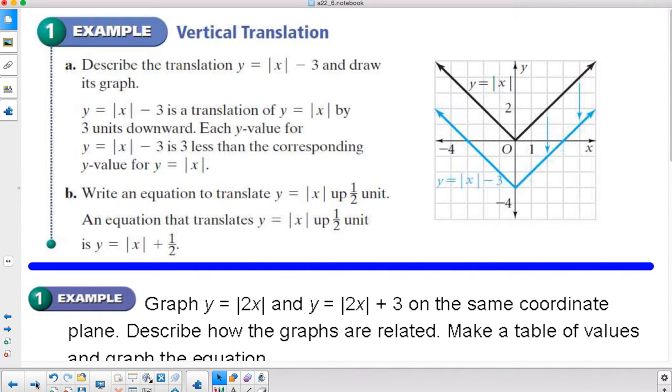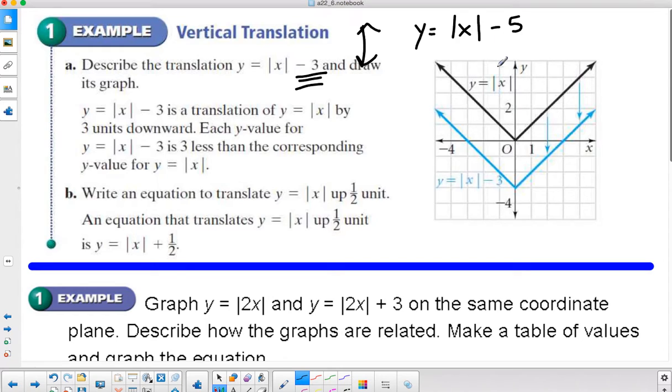Example 1 deals with a vertical translation. Vertical translation is going to be that movement that is purely up and down, okay? So any number on the outside of the absolute value symbol is moving up or down. So if I see y equals the absolute value of x minus 5, I know immediately I'm moving down 5. If I see y equals the absolute value of x plus 17, I know that I am going up 17. Doesn't matter anything else, but that's information that I know just based upon the equation and the properties and rules